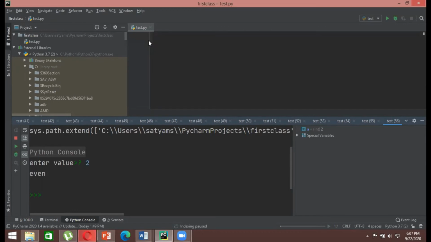So today we'll be looking at one more function, which is called range. Basically, a range means from something to something, like a particular range for marks from 0 to 10. So 0 becomes the lower limit and 10 becomes the uppermost limit, and whatever is in between is the range